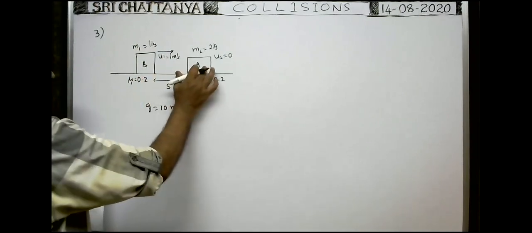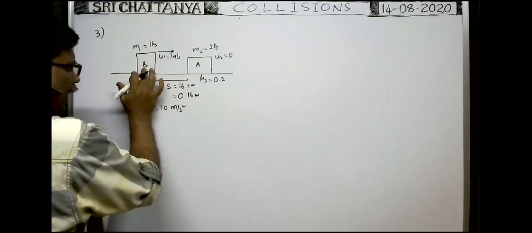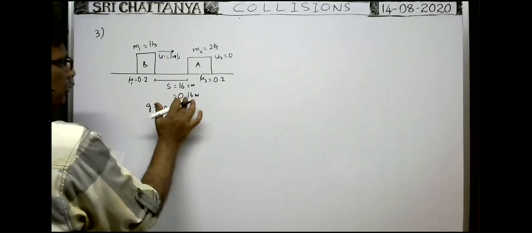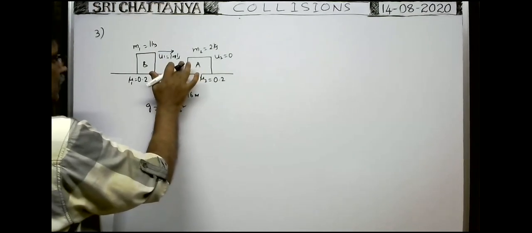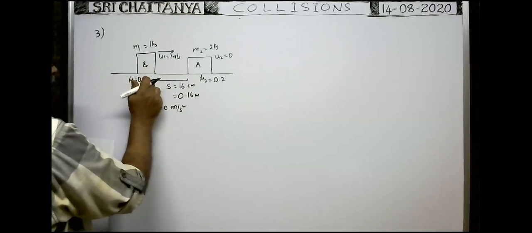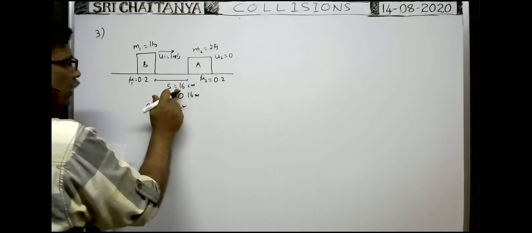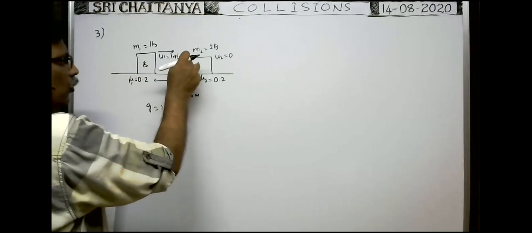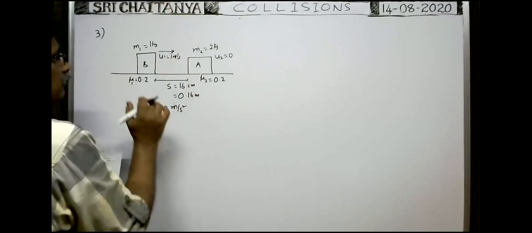So here, as A is at rest, in order to make the collision of block B with block A, block B has to travel a distance equal to 0.16 meter. Whenever block B travels in this direction, as coefficient of friction is there, friction acts between the block and the horizontal floor opposite to their motion. That's why it travels with deceleration. Before it travels this much distance and makes collision with A, what does the velocity of this block become? We have to find.